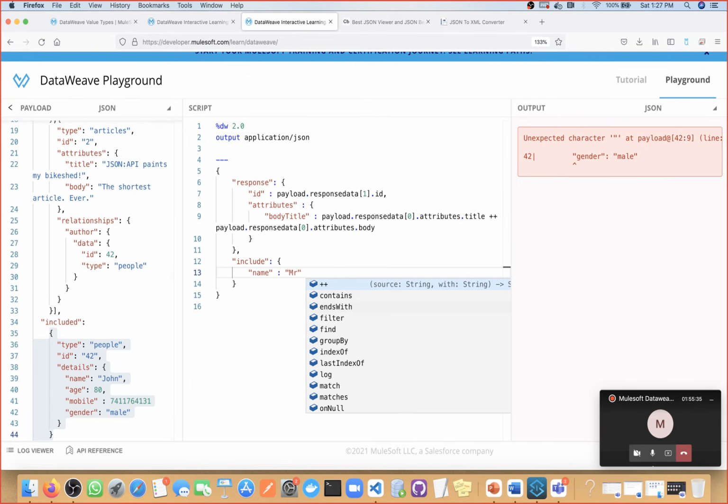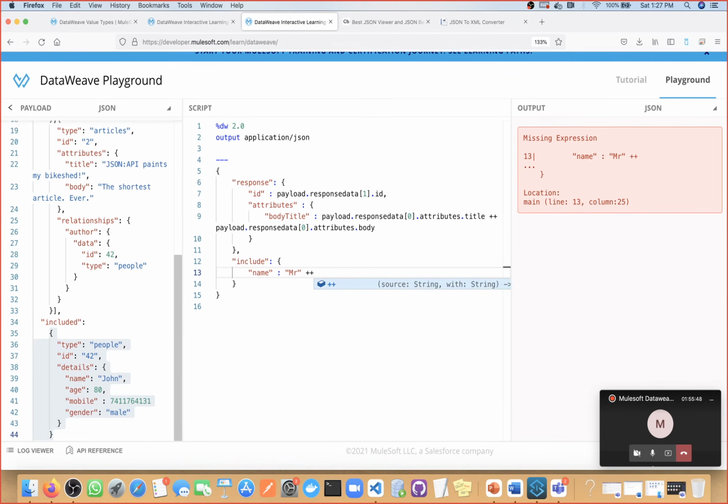So in DataWeave you can write any string value directly using double inverted commas, and then I want to add this string value Mr. or Mrs. with this name. Okay, so then the syntax will be plus plus, and I want this value. So this value is inside